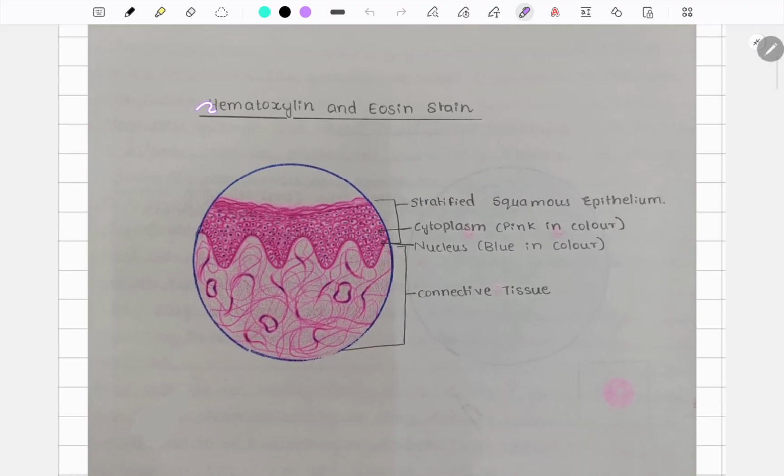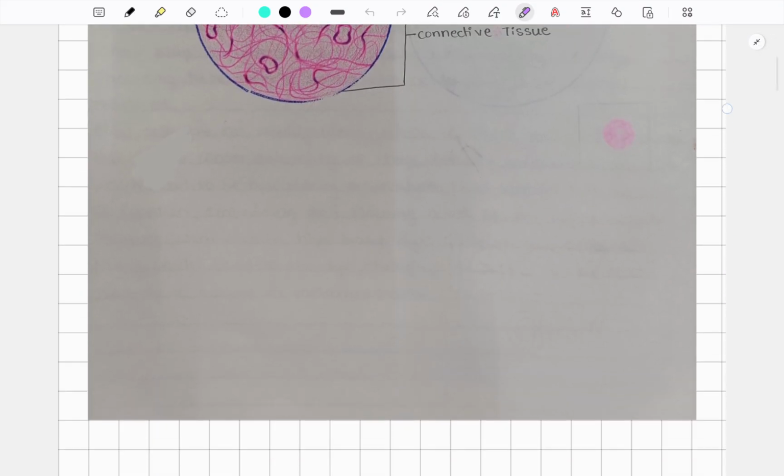Next, coming to stains, the most important stain is H&E stain, hematoxylin and eosin stain. So eosin indicates pink color and hematoxylin indicates purple color, and so you can see the nucleus is stained in a blue or purple color, whereas the cytoplasm is stained in pink color. So this will be your H&E stain. You need to write this in the identification feature too. In this there will be a routinely stained H&E slide which won't show anything else. So you need to identify that it is an H&E stained slide.